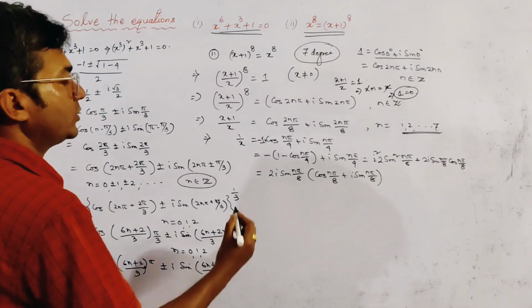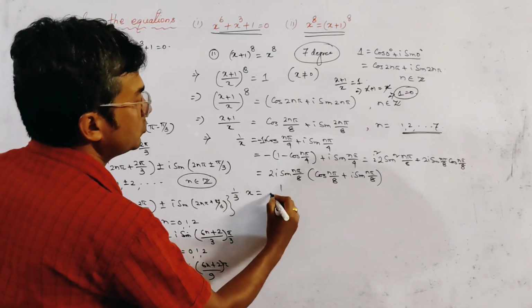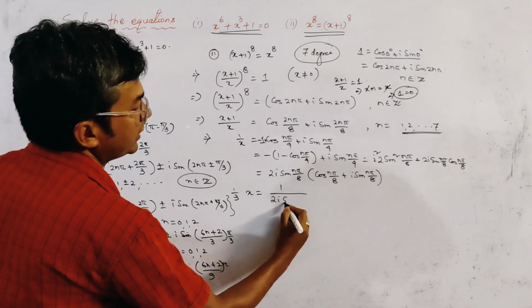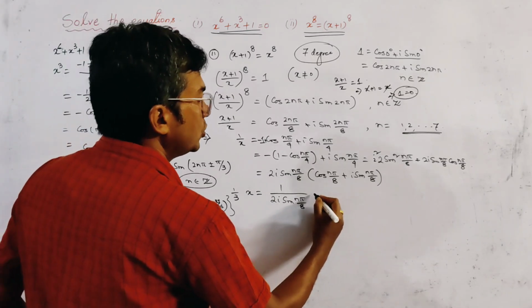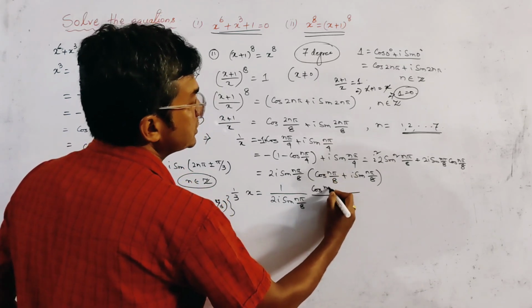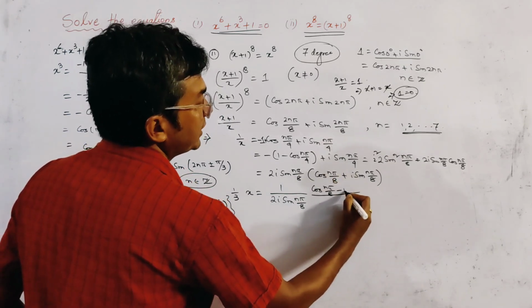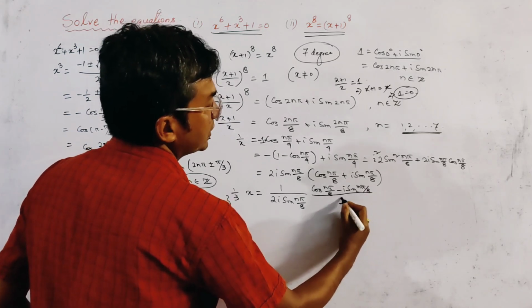Clear? And by reversing this result, we get x = 1/(2i sin nπ/8) into (cos nπ/8 - i sin nπ/8)/1,